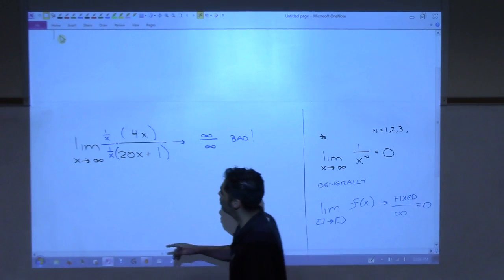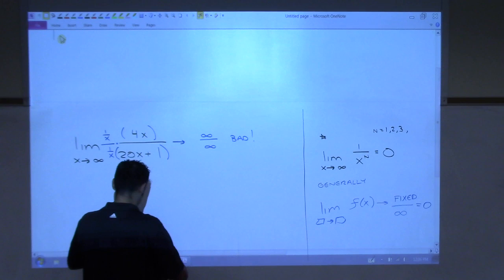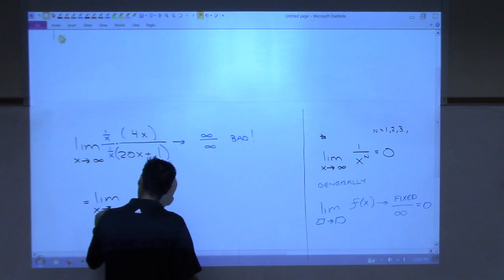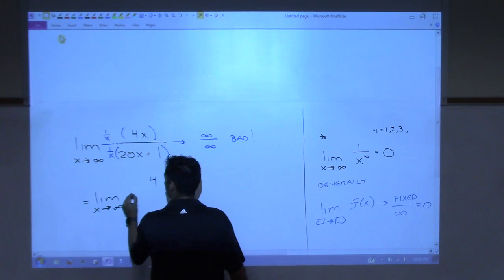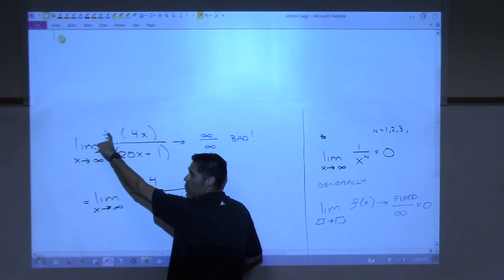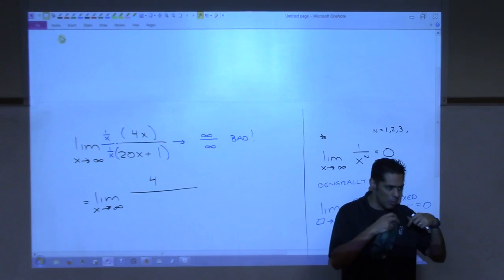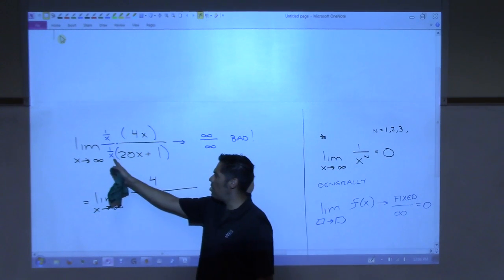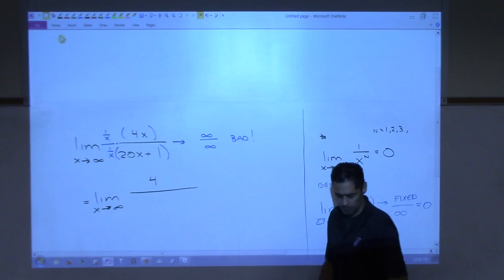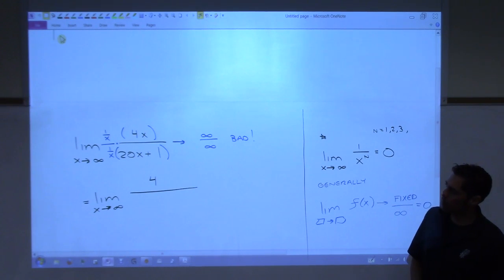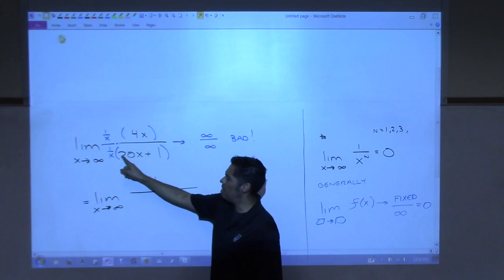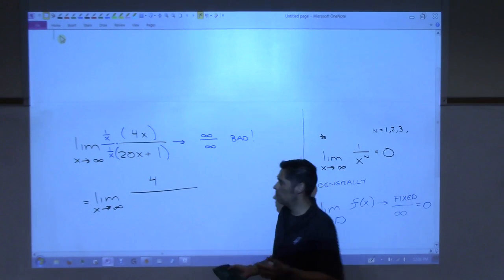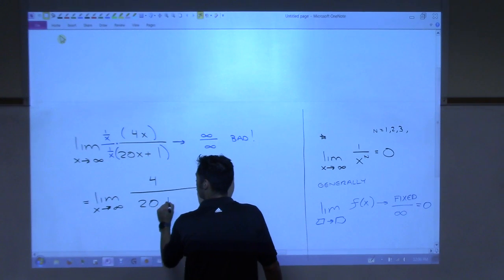First of all, what happens when I multiply this 1 over x across the numerator? You just get 4. Does everyone understand that I am not changing the problem? When I multiply by 1, this is a 1, I'm not changing the problem. I'm just changing the way it looks. So I get a 4 on top. Pass the 1 over x through the bottom. What do you get? 20, this is 20x, and then this is over x, right? Because that x is going to go underneath. So just 20 plus, now you have to